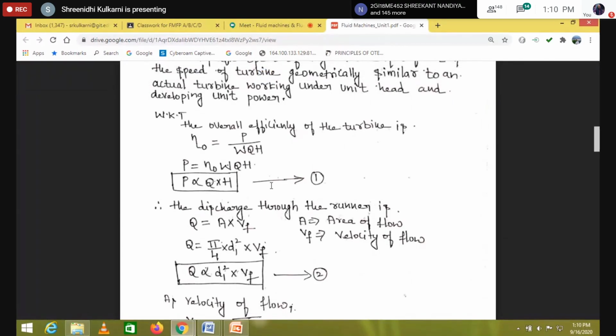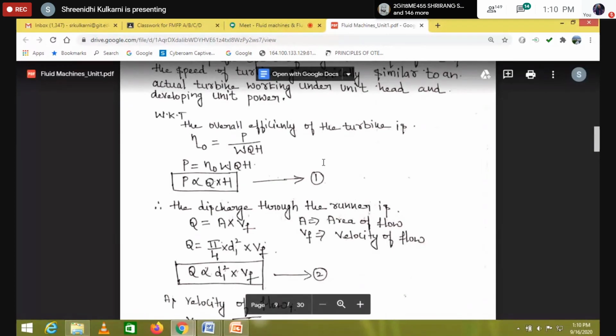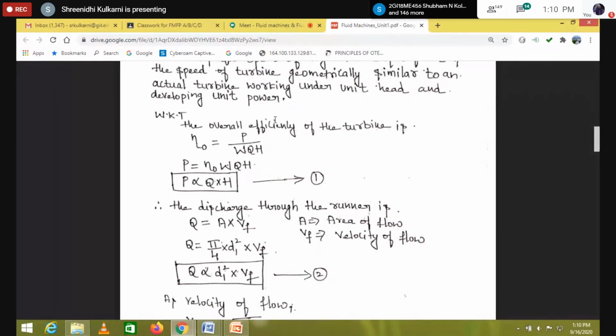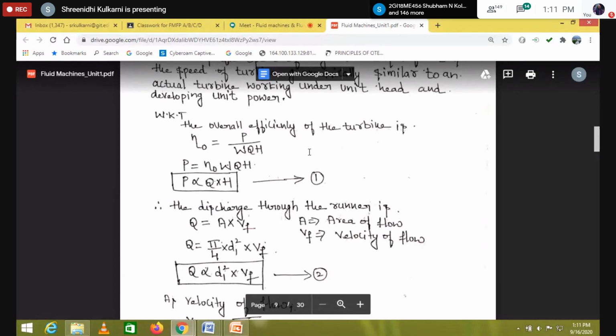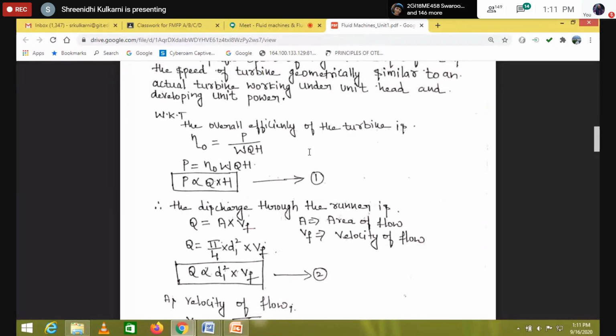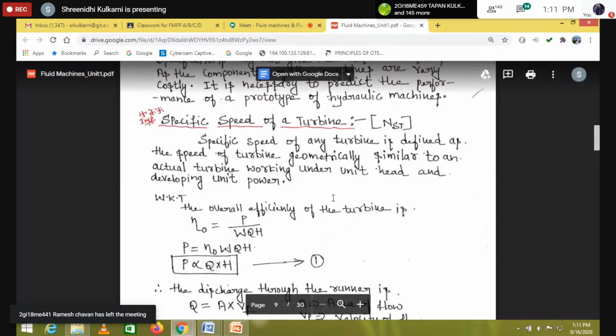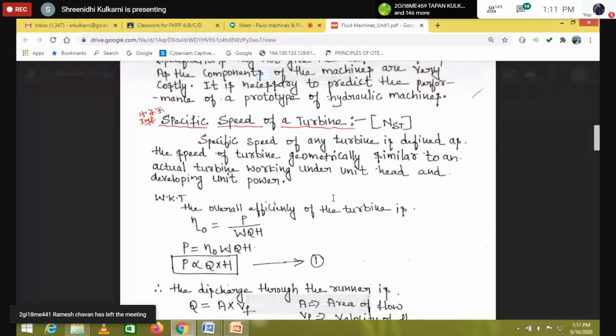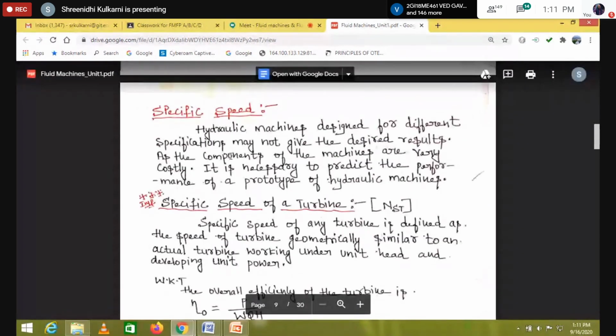Sir, explain both, sir. Yeah, I will explain, because some students ask, no sir, even within 2 or 3 steps we are getting the answer, then why go for this? I will explain that also. But in the scheme of evaluation, they are going to mention both the solutions. So whichever is convenient for you, go for that one. I will explain whatever that procedure is. You don't worry. You just understand what is specific speed.